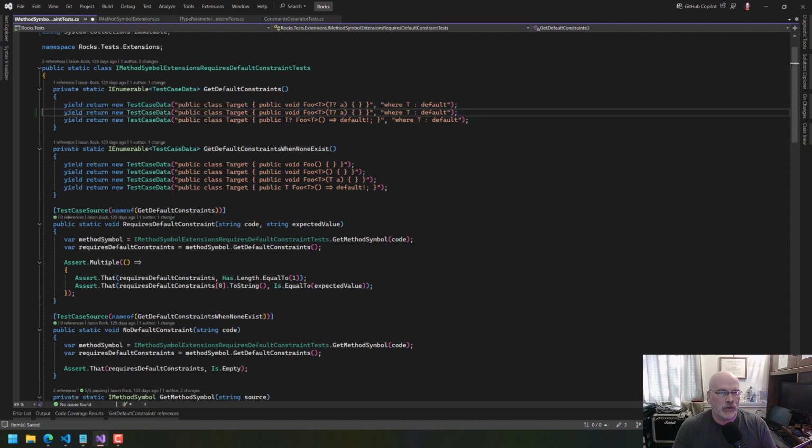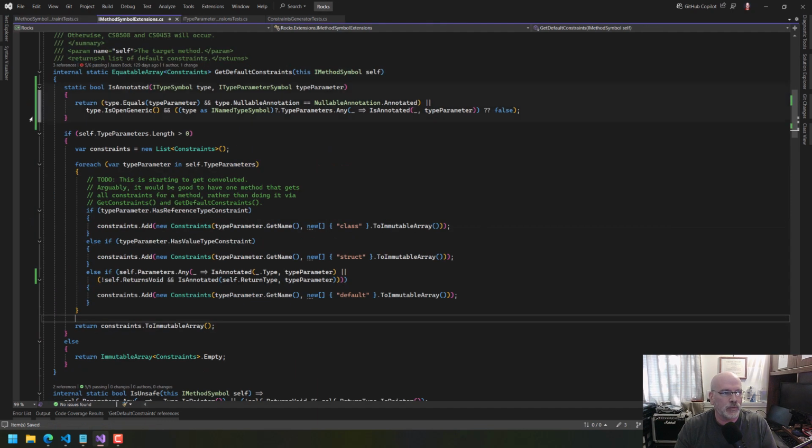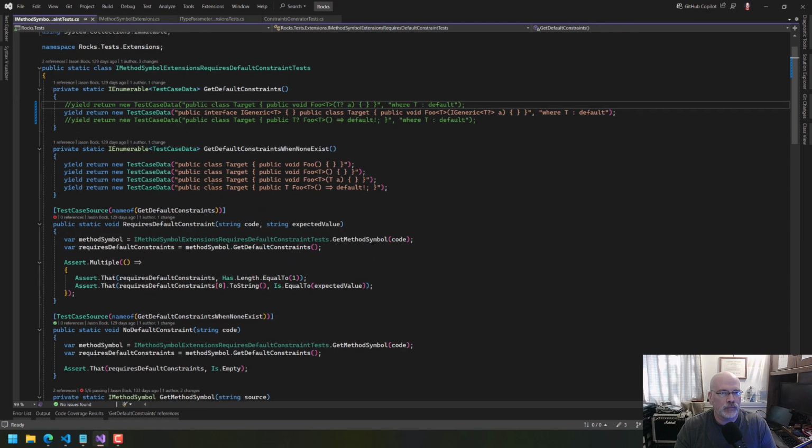And actually, let's make sure we've got a case in here for public interface IGeneric of T. We don't care what that is, but then we say public class target void of T, or we say IGeneric T, like that. Because that now should fix the issue, and that failed though. And that should be good if I'm looking at that correctly. It does do it here, but it's not doing it up here. So let's run that under the debugger,